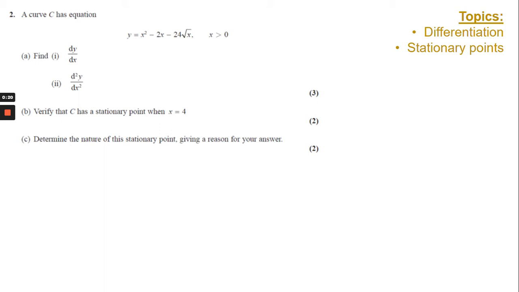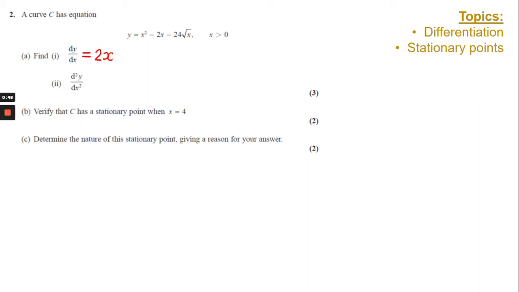So the first part is saying a curve C has equation y is x squared minus 2x minus 24 to the square root of x, where x is greater than 0. Find dy/dx. So all we need to do is differentiate our equation. Now when we differentiate, we do the power times the coefficient and then we lower the power by 1. So in this case there is no coefficient, so it's just taken to be 1. So we've got 2 times 1, which gives me 2